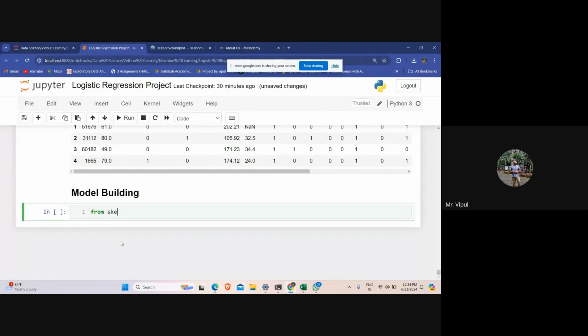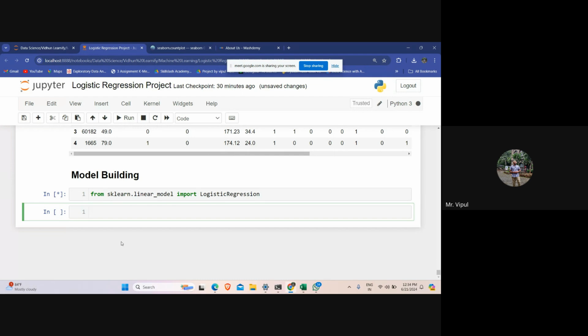So यहाँ पे कौन सा मॉडल यूज कर रहे हैं? लॉजिस्टिक रिग्रेशन. So it's उसका पैकेज है from sklearn dot linear underscore model import logistic regression. If you run this,